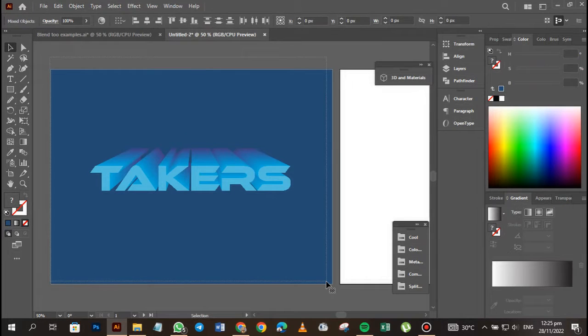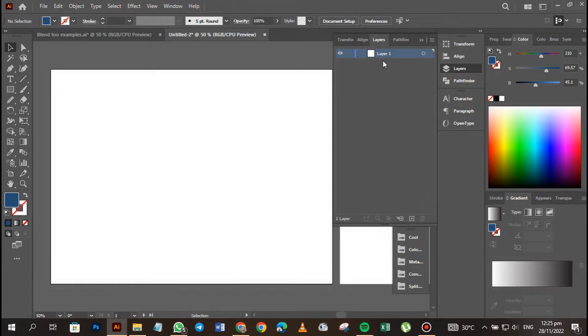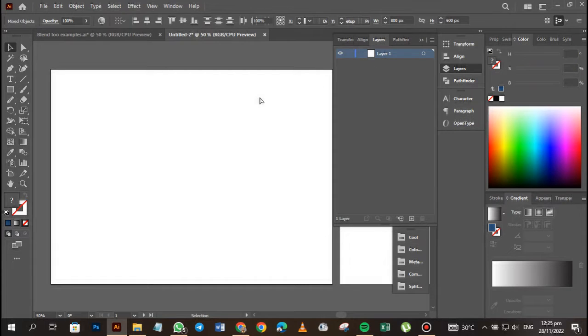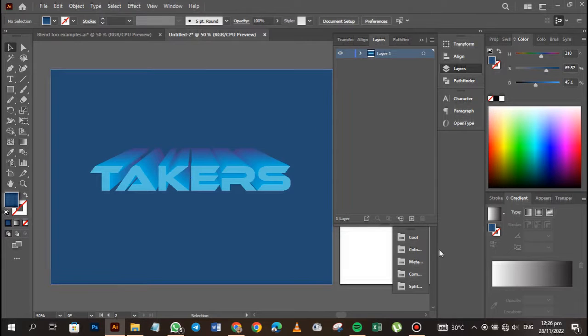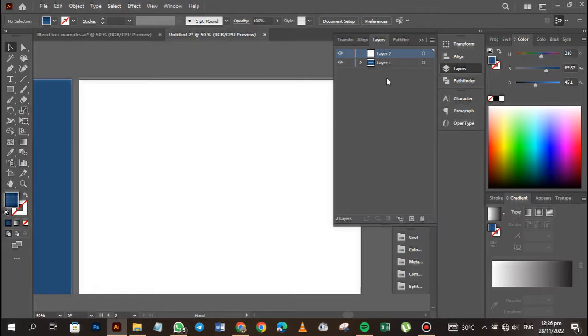So I select everything and press Ctrl X, right? I go to my layers, and yeah, I think it's in a layer of itself already. So even if I don't press Ctrl X, I'll just go back with Ctrl Z. There is no other layer here before, so undo. Yeah. So let's create a new layer, and in this new layer is where we're going to do the second